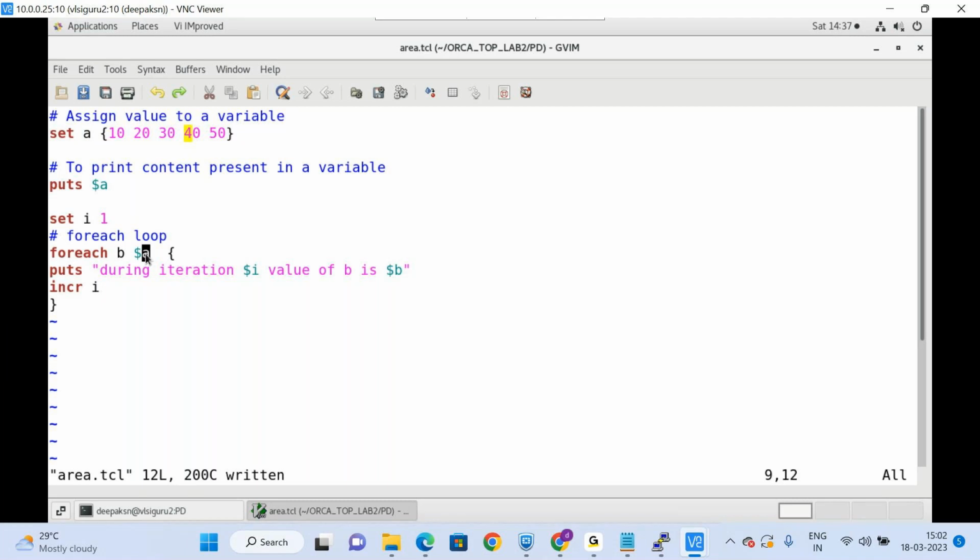Yes, tell me. Do we assign characters to the set variable? Yes, we can do it. Instead of assigning 10, 20, 30, 40, I can assign PD, synthesis, function verification, layout,